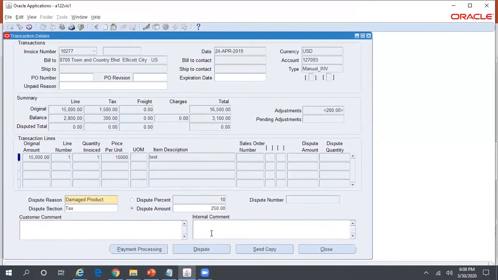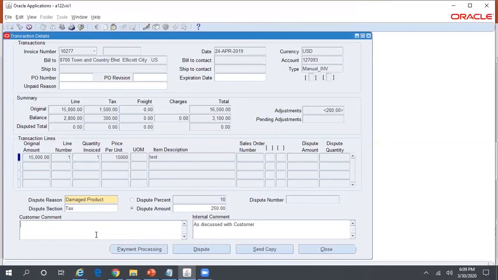Okay, and then I can put some kind of a comment, as discussed with customer, and customer comment. So there is an option in your collection setup checklist that whenever you perform any kind of transaction in the collection workbench, whether you want a correspondence to be sent to the customer. If you set it as yes, then automatically an email gets generated depending on the option you have set up there, email or print. If it is an email, it gets generated and sent to the customer. And in the email printout, whatever comment you mention here will be sent to the customer.